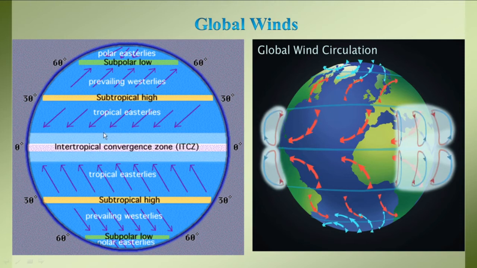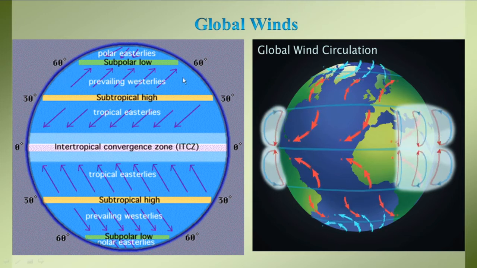When we go from the equator to the Tropic of Cancer, from 0 degree to 30 degree in the particular range, this is the subtropical high zone. The region between the subtropical high zone and the intertropical convergence zone has the tropical easterlies. These are the winds flowing. In this animation diagram, this flow is in the clockwise direction. So from the equator to the Tropic of Cancer, the tropical easterlies flow in the clockwise direction.